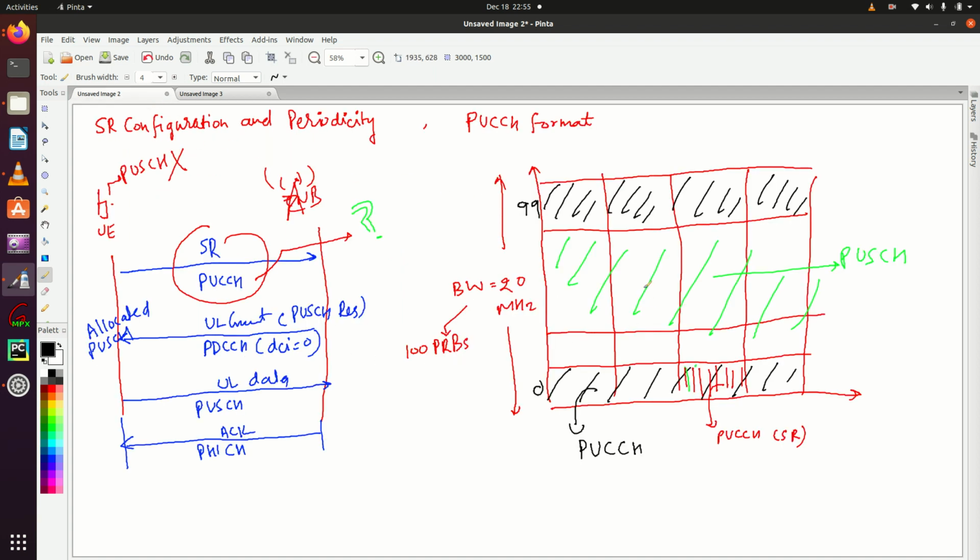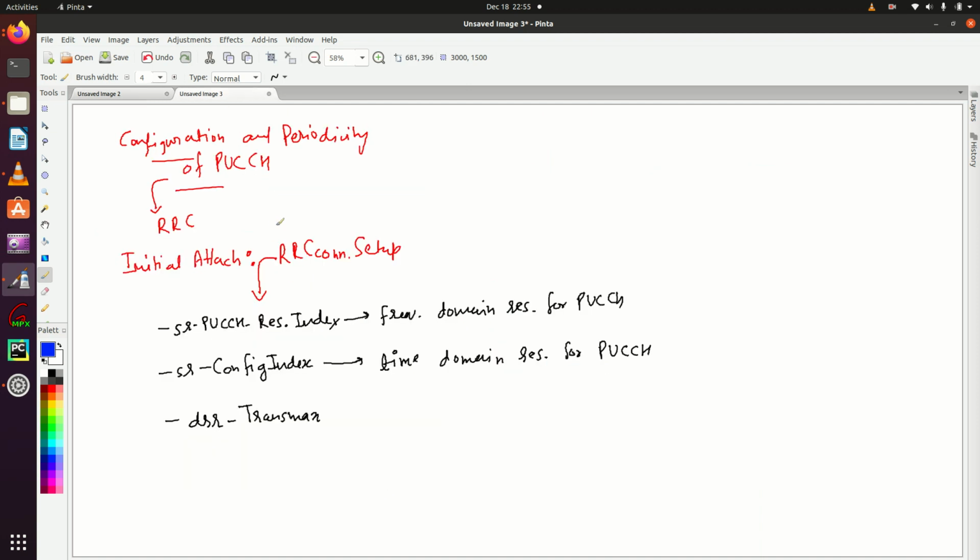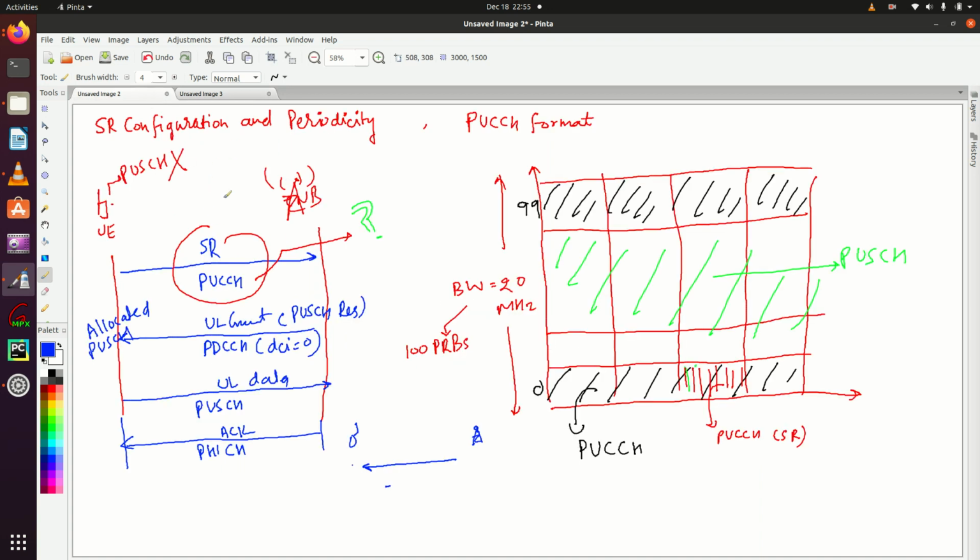To understand this, let's look at this time frequency grid. Suppose during the initial attach procedure, this is my UE, this is the eNodeB. In RRC connection setup, those two parameters, SR PUCCH resource index and SR config index, are provided to UE by the network.